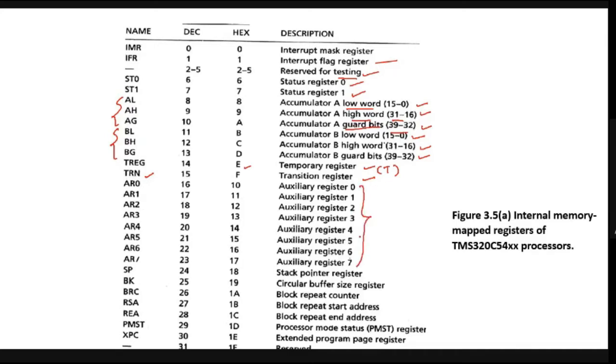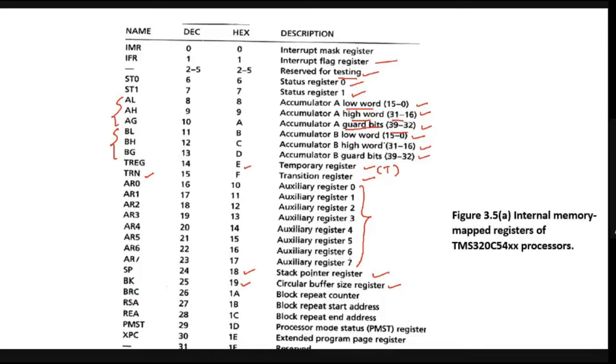These are called the auxiliary registers. We have 8 different auxiliary registers ranging from AR0 to AR7. These registers have specific applications, and we also use them as general purpose registers along with the data address generation block. Next we have the stack pointer and the circular buffer size register. The circular addressing mode uses the circular buffer size register. The location for this is 19. The stack pointer, which is used in direct addressing mode, is at location 18 hexadecimal.